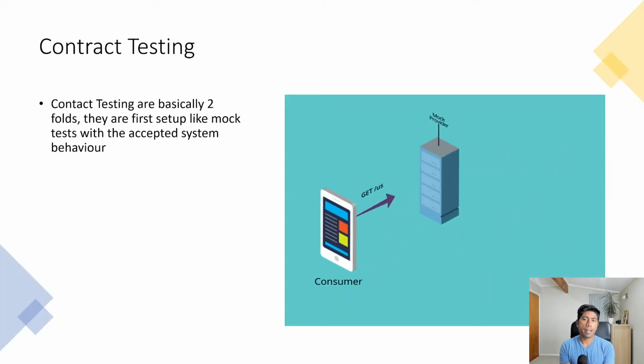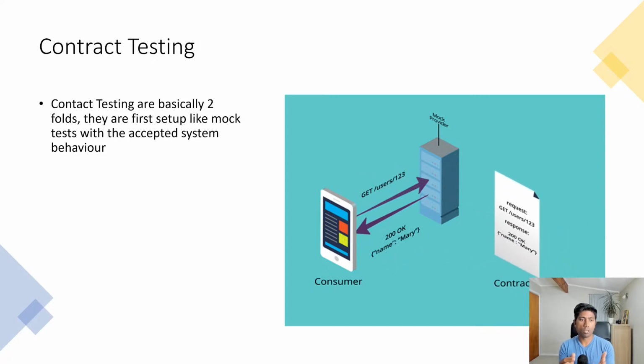The next one is contract testing. This is interesting because contract testing is basically twofold. They are first set up like a mock test with the accepted system behavior. For example, if you're doing a transaction with an API or a microservice, which involves certain behavior or actions, then we write down all those behaviors or actions. Here the behavior for an API is basically, if I call an API with